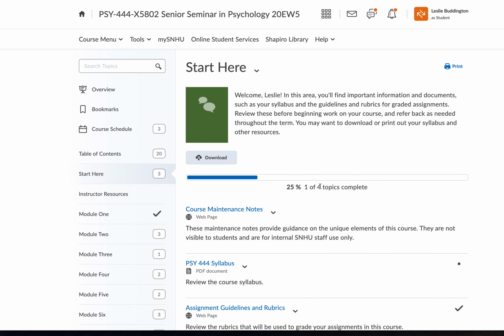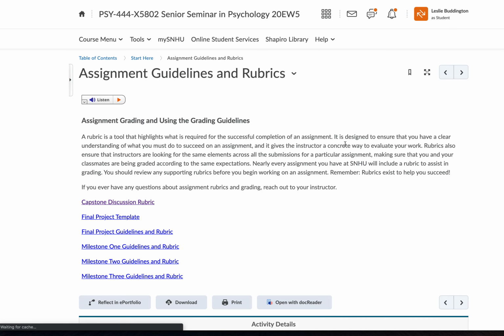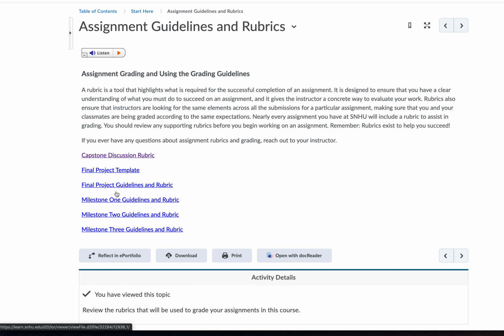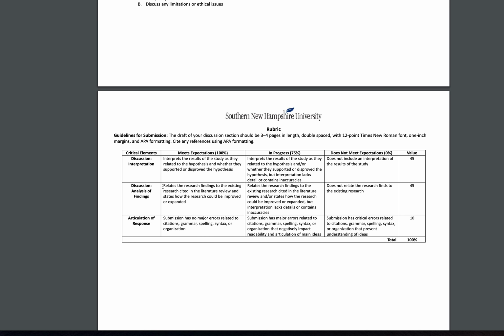For this, the main thing that you want to do, and I'm just getting into our rubric so that you can follow along with where I am. The main thing that you want to be doing is that you want to make sure that you relate the research findings to the existing research cited in the